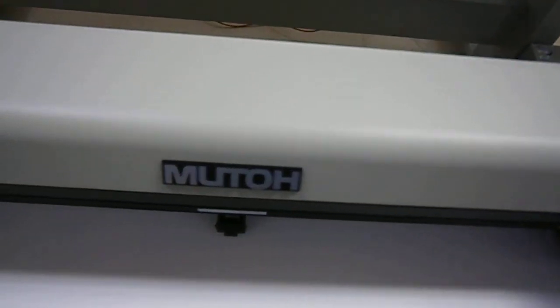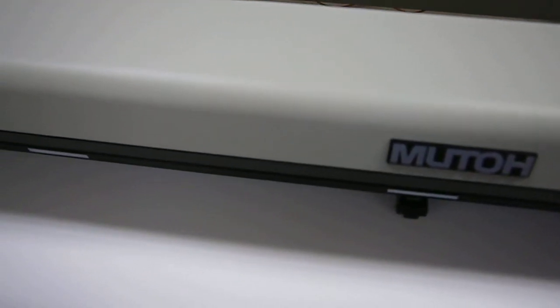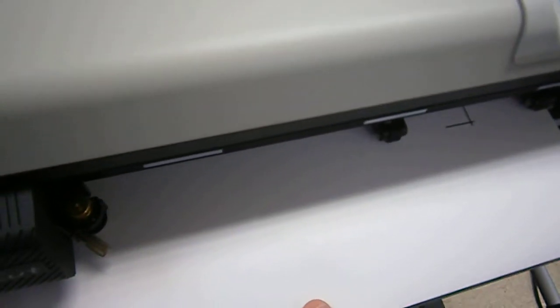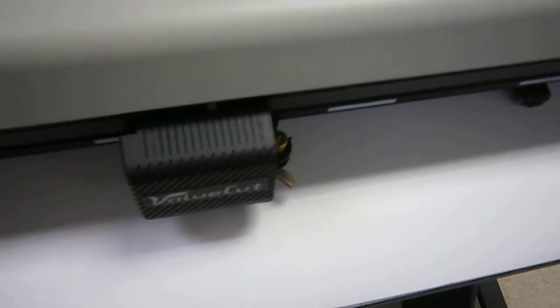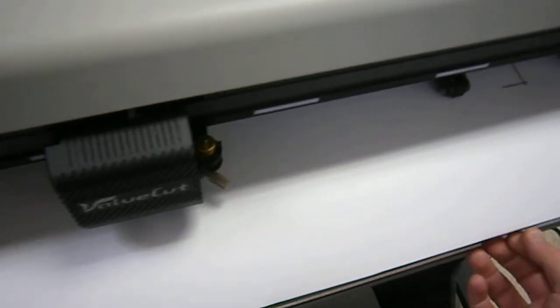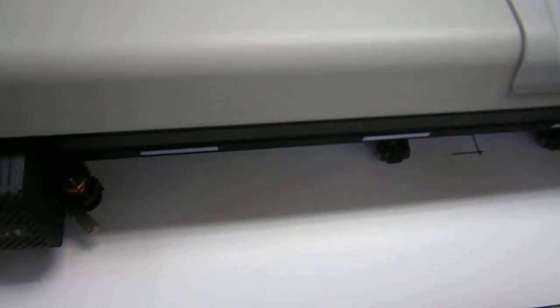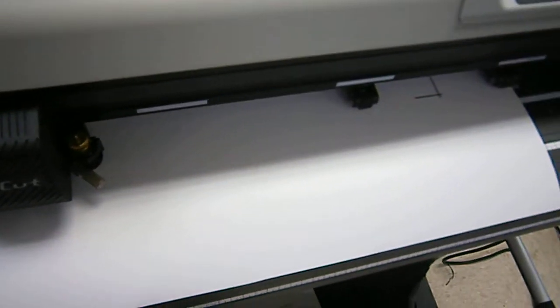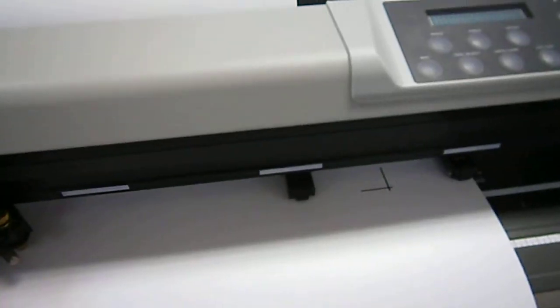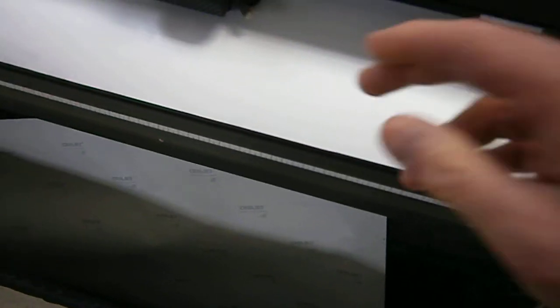In case your media is jagged or something across the front, you can do this by just using the crop marks to get a straight line. The cutter will actually read a little bit off and find it on its own, but if it's off by much, it's not going to find it. Okay, we've got the media in the cutter. Now I can talk to you about the